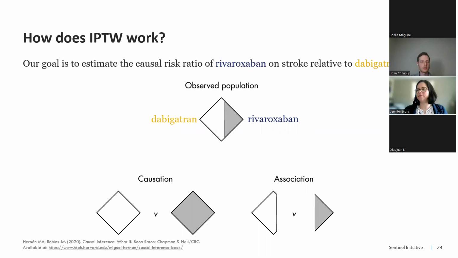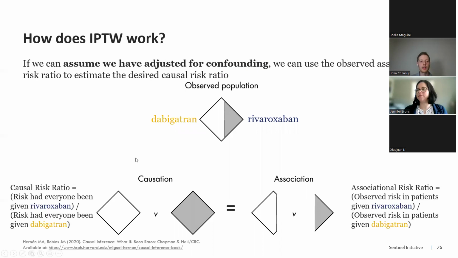So stepping back for a second, as we said before, our goal is to estimate a causal risk ratio comparing rivaroxaban versus dabigatran on the risk of stroke. Now, if we're willing to assume that we have fully adjusted for confounding by controlling for cardiovascular disease status, we can use the observed associational risk ratio that we see in our data to estimate the desired causal risk ratio, which involves a hypothetical or counterfactual contrast